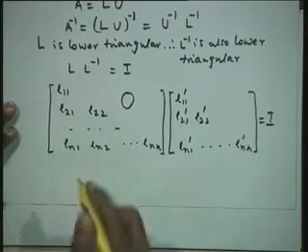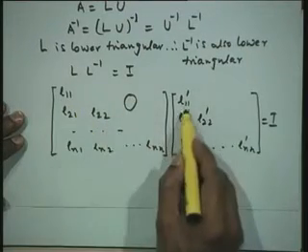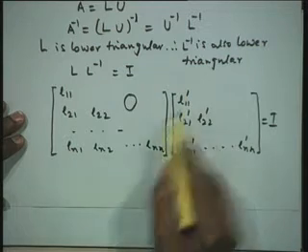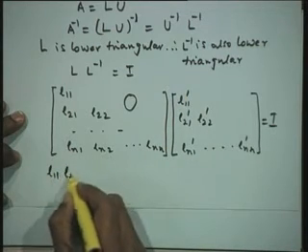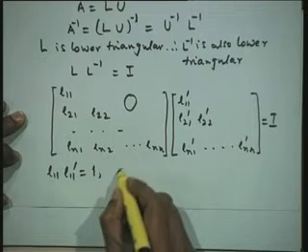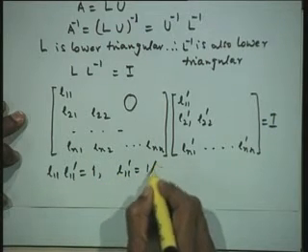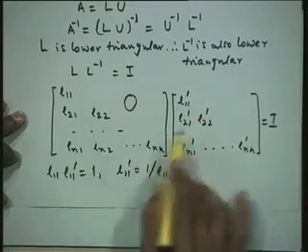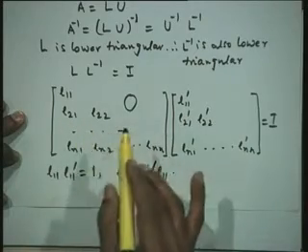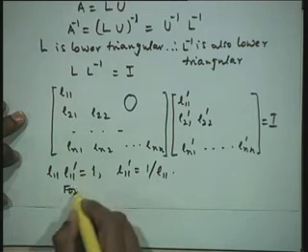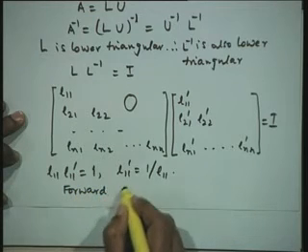Now, you can see that if I multiply these two, the first row, first column gives me L 11 prime. For example, L 11 into L 11 prime is 1, since we are equating to the identity matrix. Therefore, L 11 prime is 1 upon L 11. Now, I can proceed to find the other elements, and you again see this is a forward substitution. So, again by forward substitution I can get all the elements of L inverse.